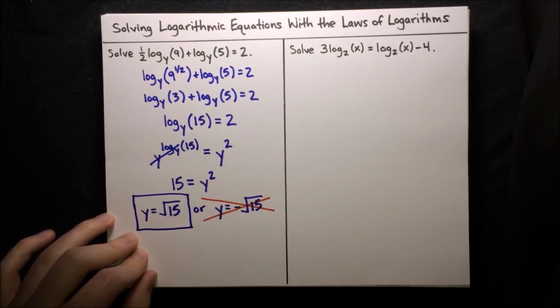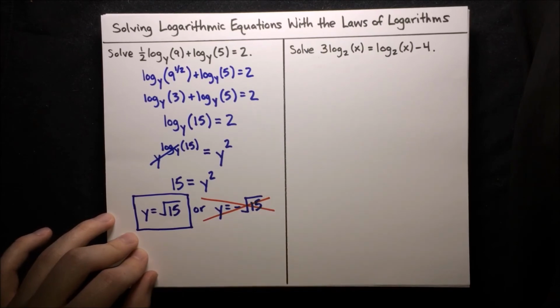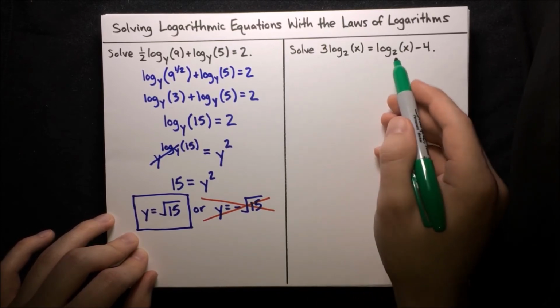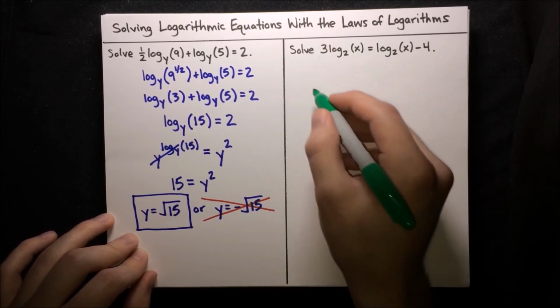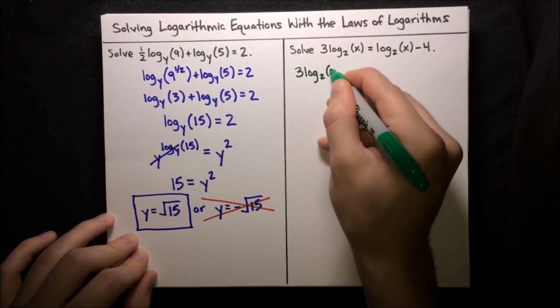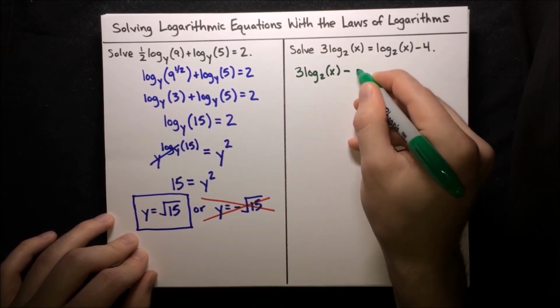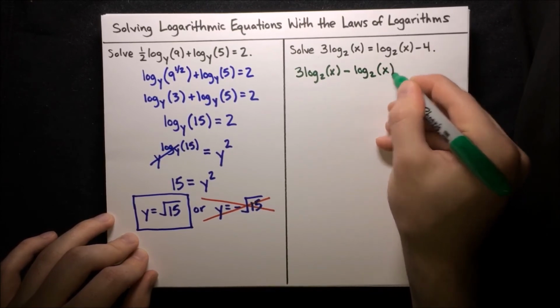Alright, now let's tackle the problem on the right-hand side. Solve 3 log base 2 of x equals log base 2 of x minus 4. Our strategy is the same. Let's move the logs to the same side so that we can combine them. So let's go ahead and subtract off this log base 2 of x from the right-hand side, move it to the left-hand side, and get 3 log base 2 of x minus log base 2 of x